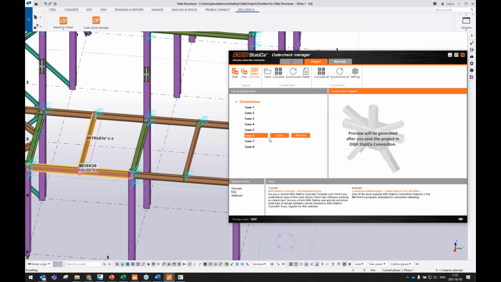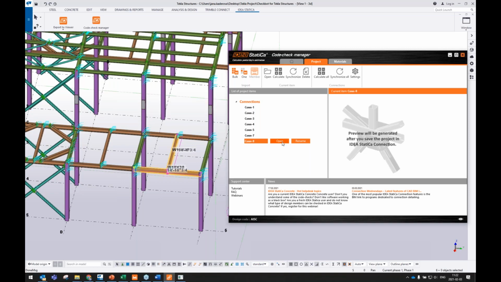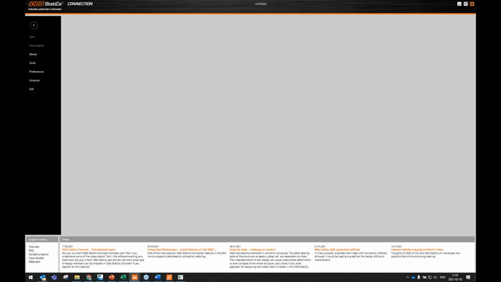I will confirm, and it is deleted from the list. And then I have the T joints 7 and 8. Okay, so let's open, for example, this T joint, and I will present how you can load the connection with